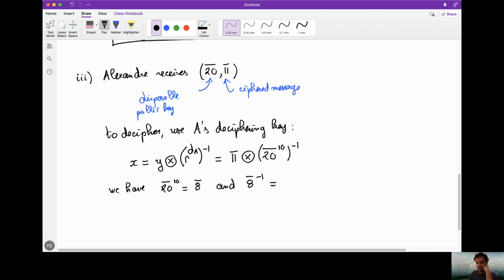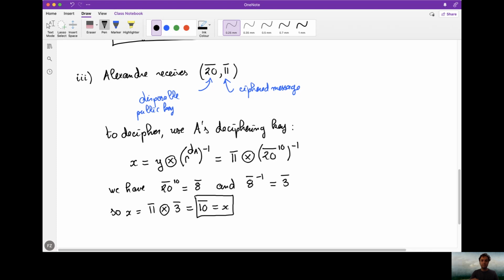Therefore, the inverse of 8 is 3, okay? So X is equal to 11 times 3, which is 33. Therefore, 10 modulo 23, okay? So the plain text, the original message that was meant to be sent by B